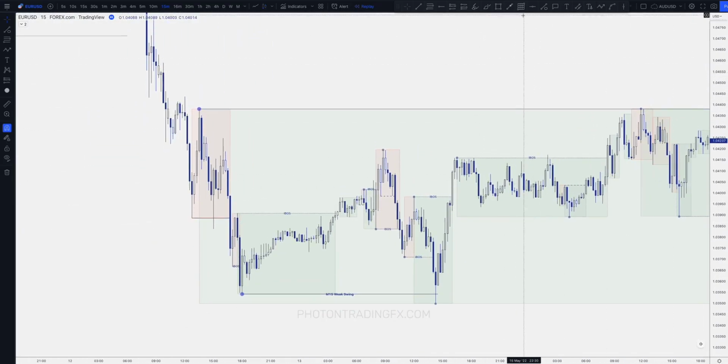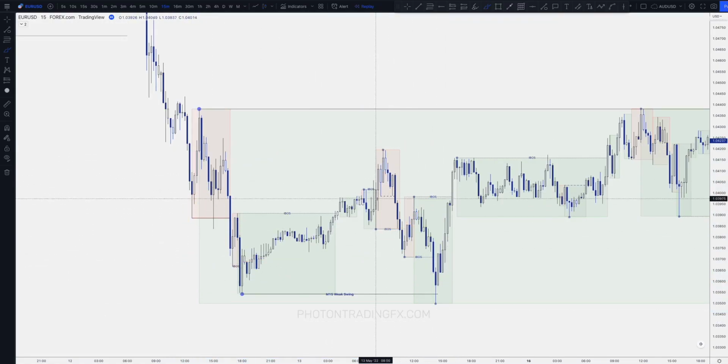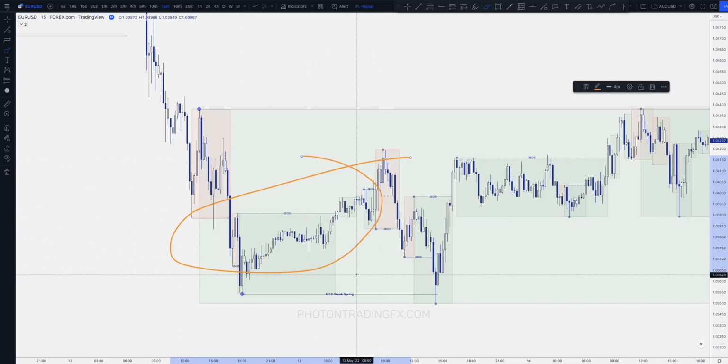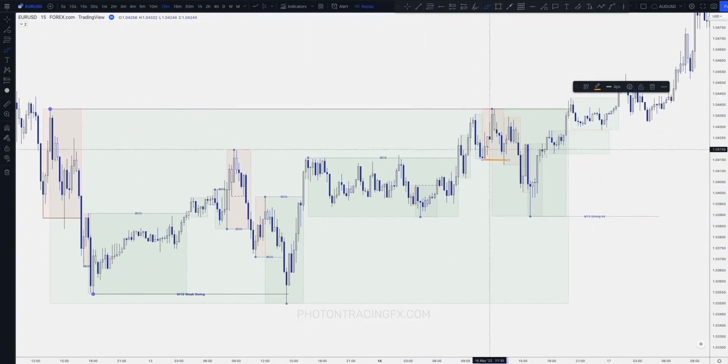So we know that a change of character here, all that signals is the start of the internal pullback, right? Into this low here. It's only once we get the internal BOS that signals the end of the swing pullback and the start of the new swing run, right? So CHoCH just signals the start and end of internal pullbacks. Internal breaks of structure signal the start and end of swing pullbacks. Okay, so what about a small IBOS, the smaller internal structure? Well, that just signals the start of the larger internal IBOS because it's the hierarchy of